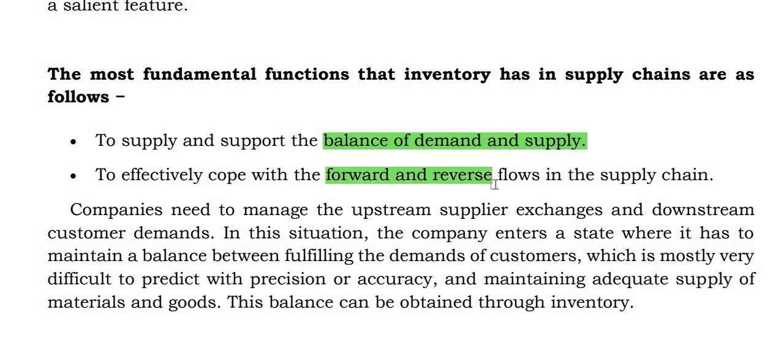So what do we mean by this forward and reverse flow in the supply chain? In many cases, when we say forward logistics, this includes product development, material sourcing, manufacturing, transportation to distribution centers, and the final mile delivery to a customer. In other words, a forward supply chain implies a series of activities required to produce new products from virgin or raw materials and distribute them to consumers or the customers.